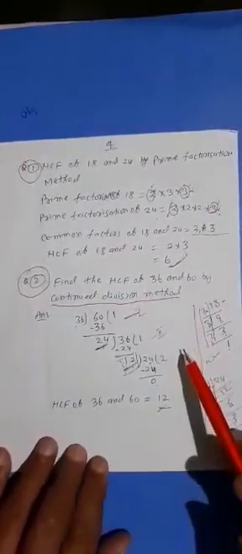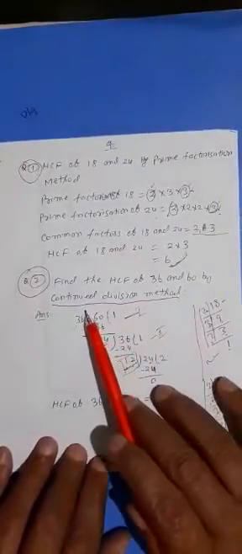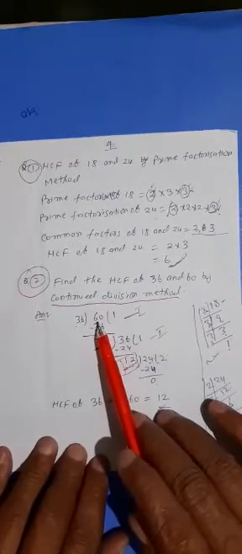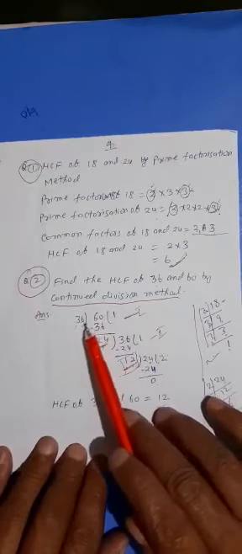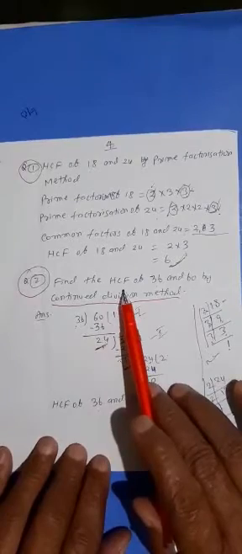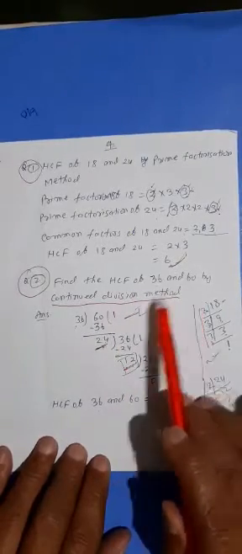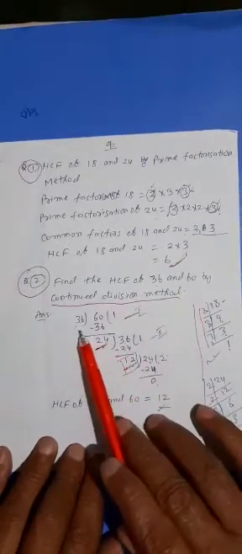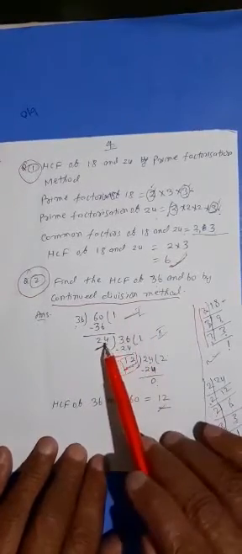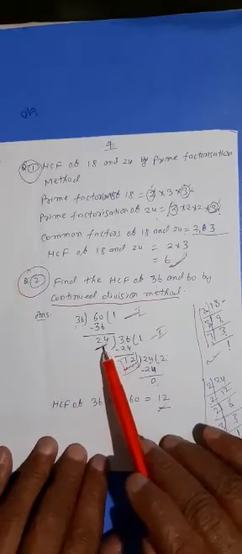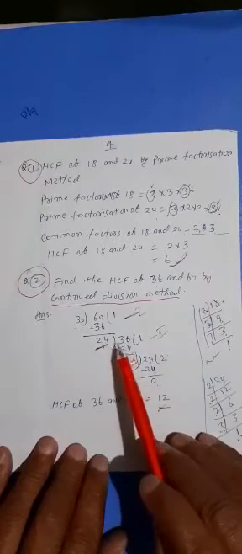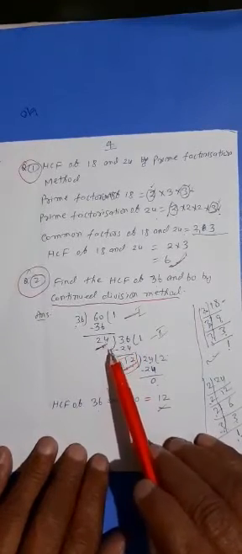The highest common factor can also be obtained by the continued division method. In the continued division method, we start by dividing the larger number by the smaller number. This is the example. We have to find the HCF of 36 and 60. Here 60 is divided by 36, quotient is 1, remainder is 24. This is the first step. Now 24 is the divisor and 36 will be the dividend. The divisor becomes the dividend and the remainder becomes the divisor.